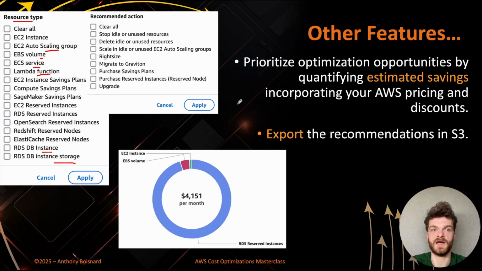And for the recommended action, you can have stop idle or unused resources, delete idle or unused resources, scale in idle or unused EC2 auto-scaling groups, right size, migrate to Graviton, purchase savings plans, purchase reserved instances or reserved nodes, and upgrade. You can also, with Compute Optimizer, prioritize optimization opportunities by quantifying estimated savings, incorporating your AWS pricing and